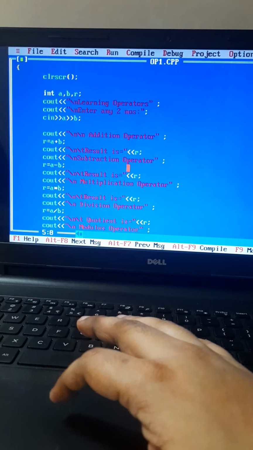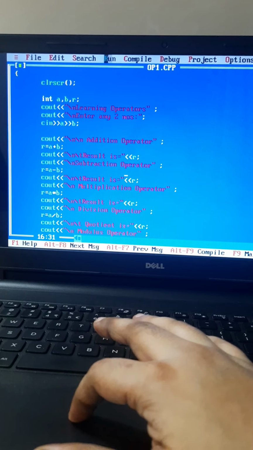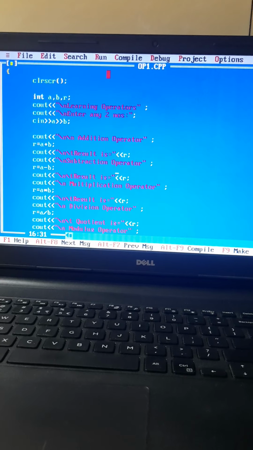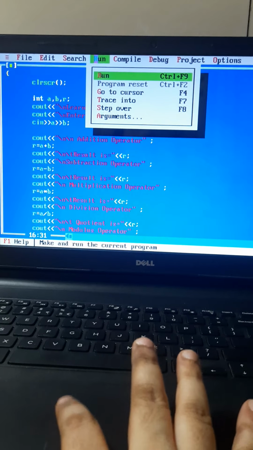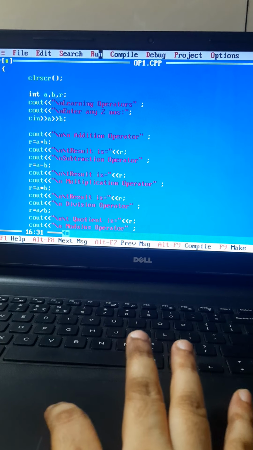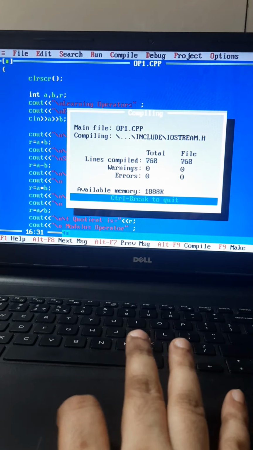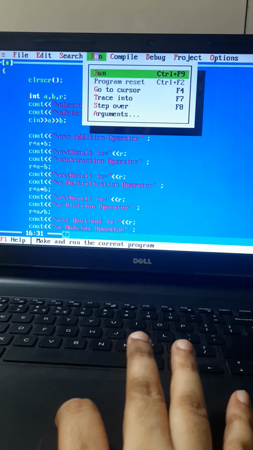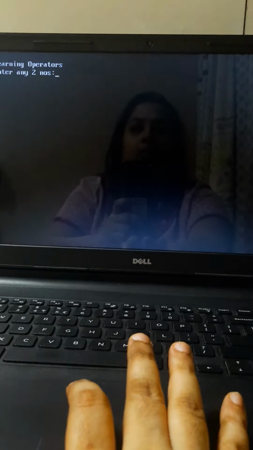Wait a minute, there is some change. I am executing it again, there is some change. Okay, then it's an execution. So I am entering 15 and 2 from the keyboard. Let's see what is the output.